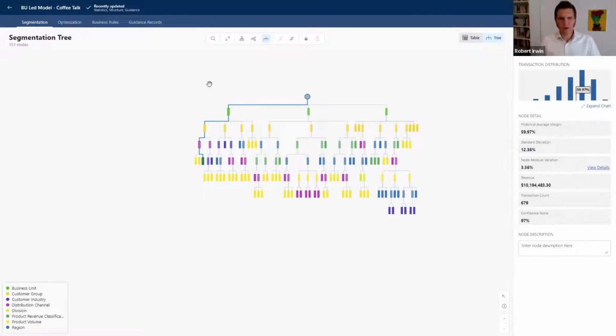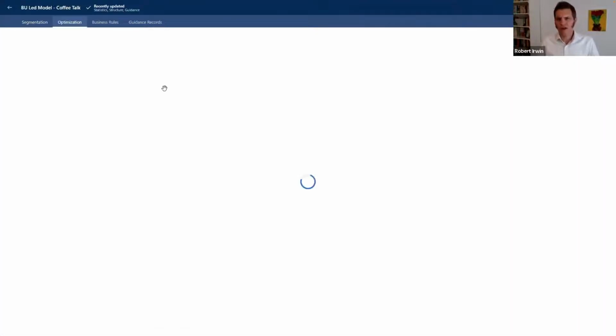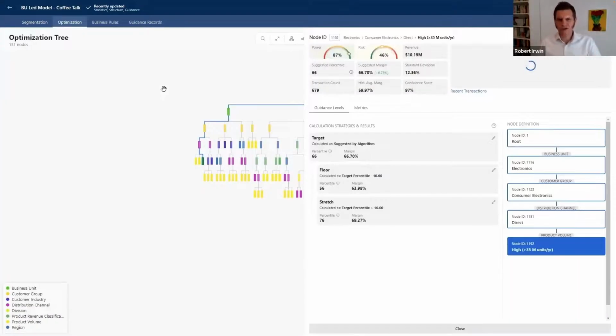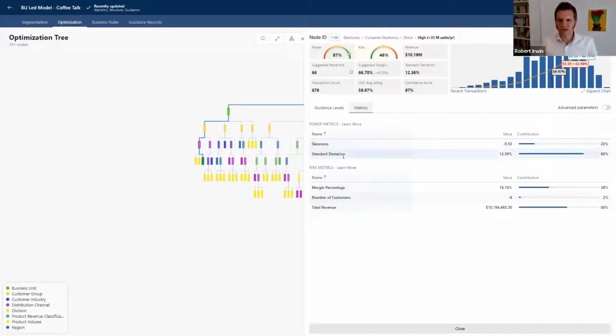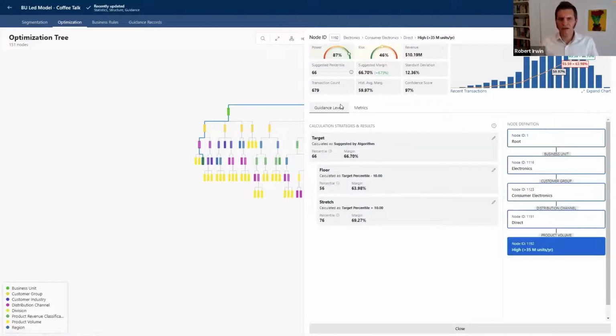So this is my segmentation model. You can then also check the optimization. And we see here the power and risk scores that were calculated using the metrics. So for power, we have skewness and standard deviation. For risk, I'm using margin percent, number of customers in the segment, and total revenue. And I can see over here that I have a segment that has high power, medium to low risk, and